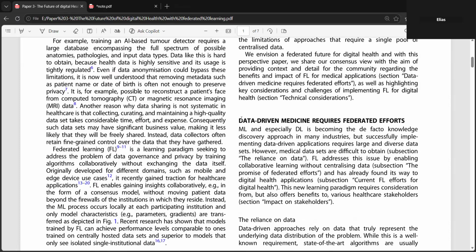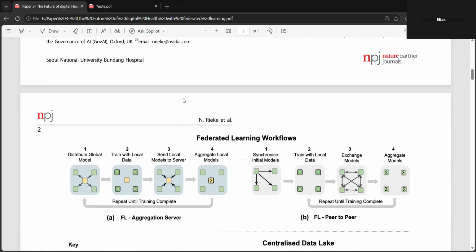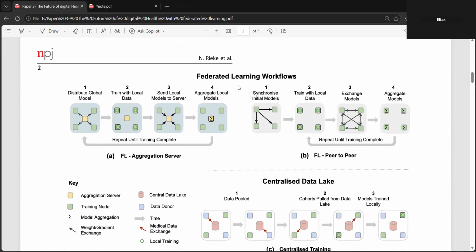So again, this walks through the same problem that we have in the conventional and traditional models, that we share all the data with the central servers, and again, how do we trust that server? Besides this, the cost of sharing is so high, and it's also kind of an IP of a lot of companies, so sometimes they're not going to share that anyway. So we have different ways to do that.